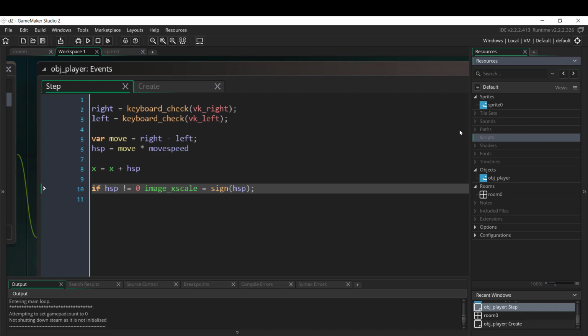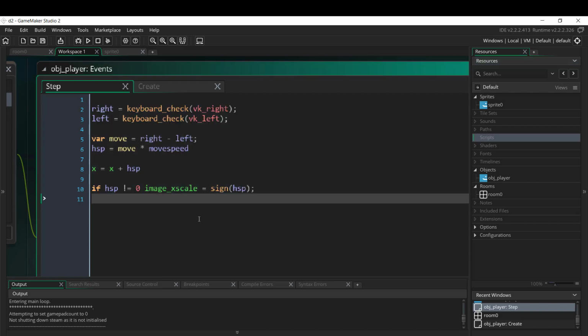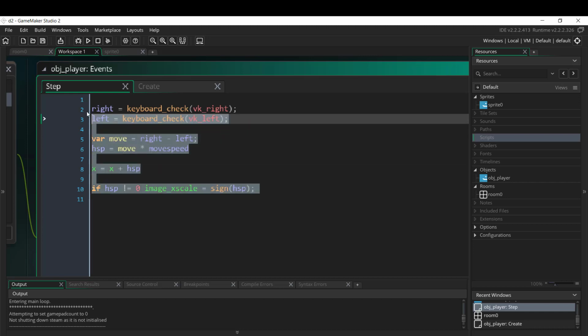write something in a script that you're going to be using in several places. So if you find yourself using the same little bit of code over and over again, copying and pasting it into different objects, and all those objects are sharing that same copied and pasted code, you can make your game more efficient by copying that code into a script and then calling that script. Let's say this isn't a code that we would ever use. For example here, because it's this object player, I don't think you'd want other objects to be controlled with left or right. But just to make the point clear, let's say this code was going to be used by several